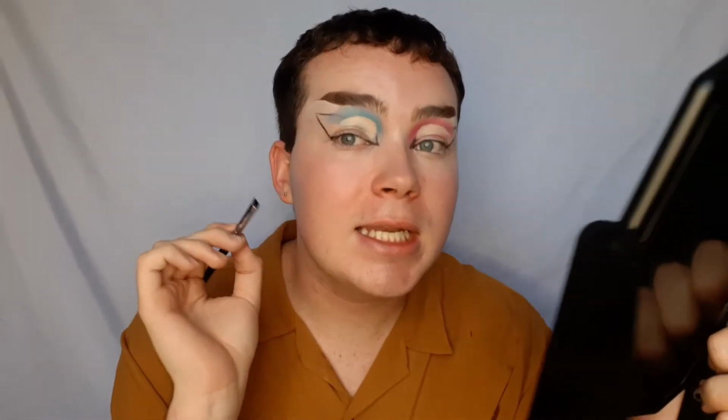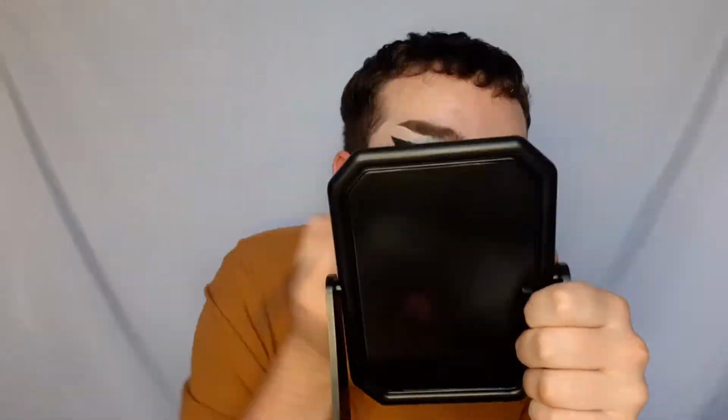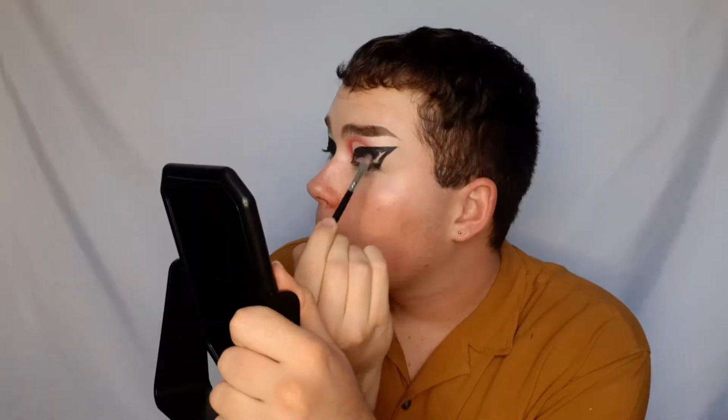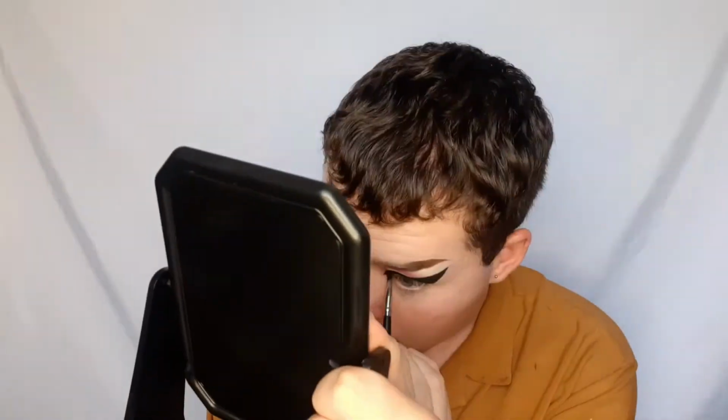So I'm just gonna quickly do my liner. What I am gonna do is, as I finish an eye, I am gonna set it. The problem with this is, I'm sitting with black eyeshadow, and black eyeshadow tends to go everywhere. So things get really messy really quickly. And the reason we set with black is to intensify what we've done and to set it down. I mean, look at my face. So like I said, after this step, I usually go